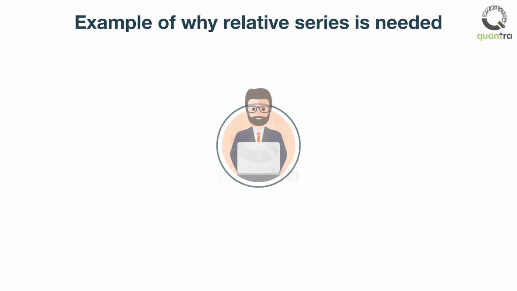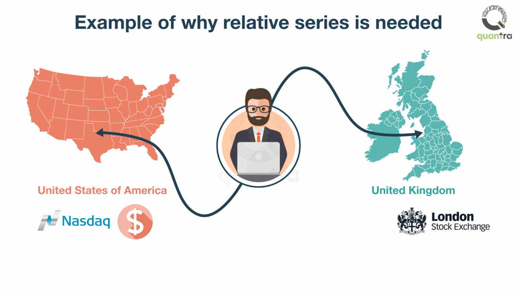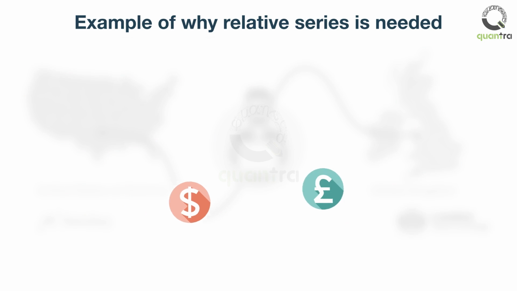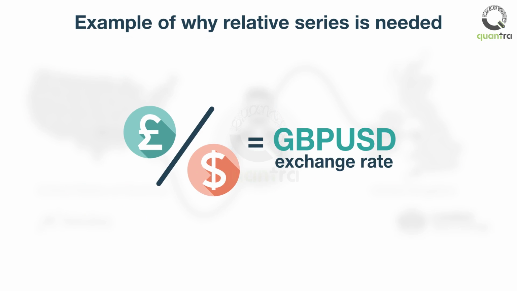Assume that you are an investor based out of London, and you trade on Nasdaq and London Stock Exchange, or LSE. Now you want to build a long-short portfolio using stocks on both the exchanges. The stocks traded on Nasdaq are quoted in dollars, while those on LSE are traded in pounds. To compare the stocks on these two exchanges, you can convert the Nasdaq prices to pounds by dividing with the GBP/USD exchange rate and then remove the effect of indexes on the stock prices.